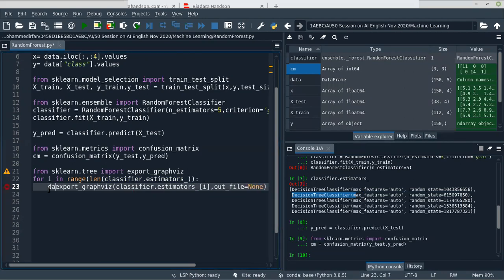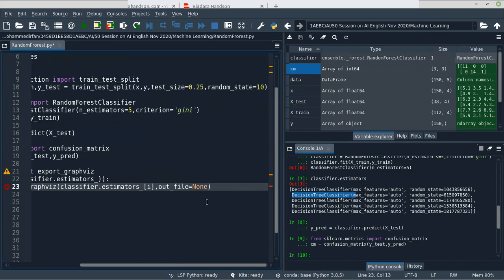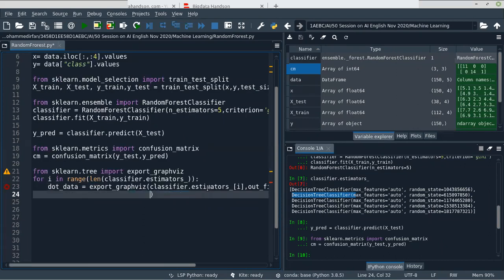For example, let's say dot_data. So in this variable it will store the dot data. Okay, and then we need to give the class_names.